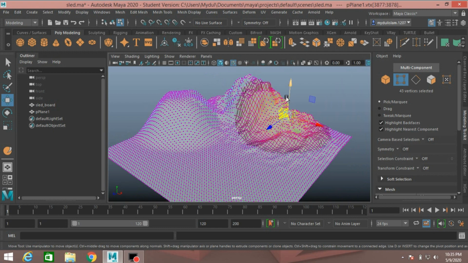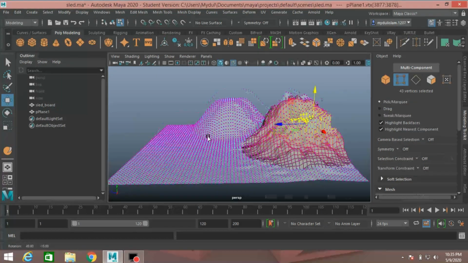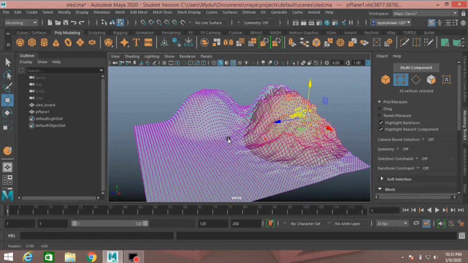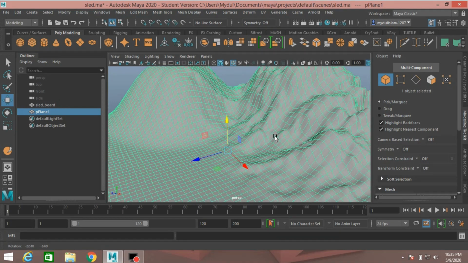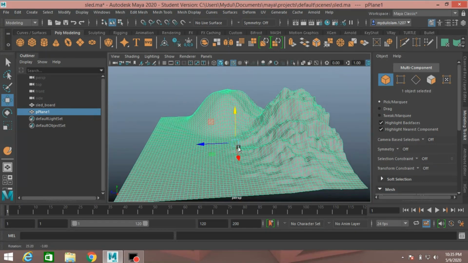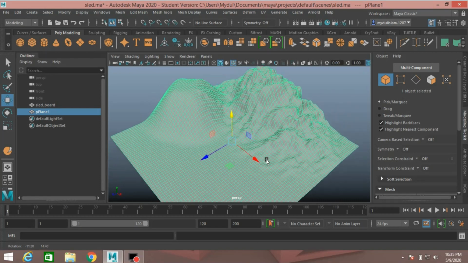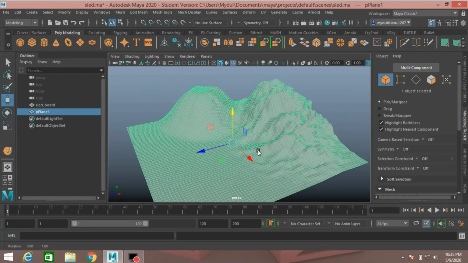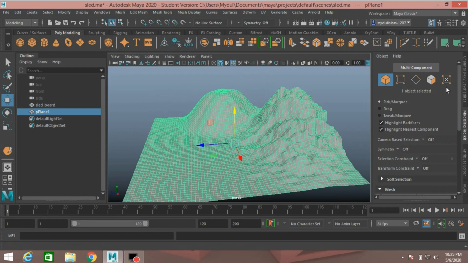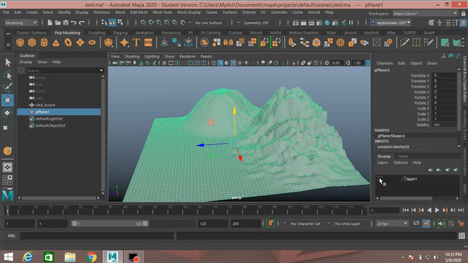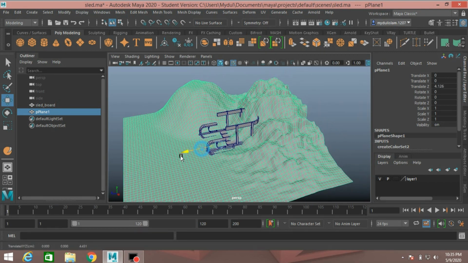Select this, move up. Now go to object mode. This will create such like terrain. Now unhide the slate board.